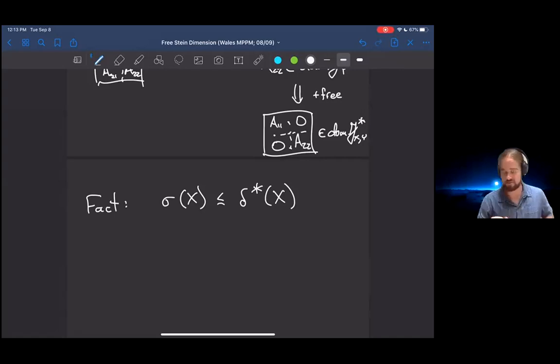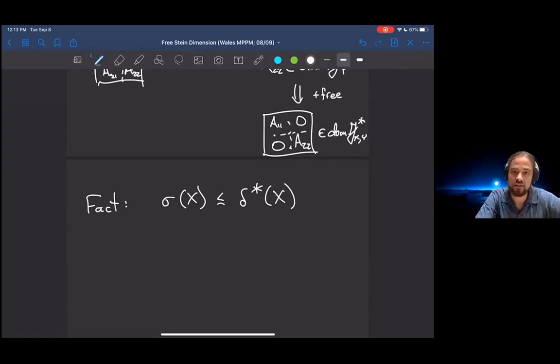For people who've seen this before, let me just mention as well that I put a 6-pointed star here, and of course it's also true for a 5-pointed star because the 5-pointed star free entropy dimension is larger than this 6-pointed star free entropy dimension. But in every case where we're able to compute both quantities in this inequality, they're equal. And if one was feeling particularly bold, one might guess that they're always equal. But this, I think, reflects more on the difficulties involved in computing either of these quantities explicitly.